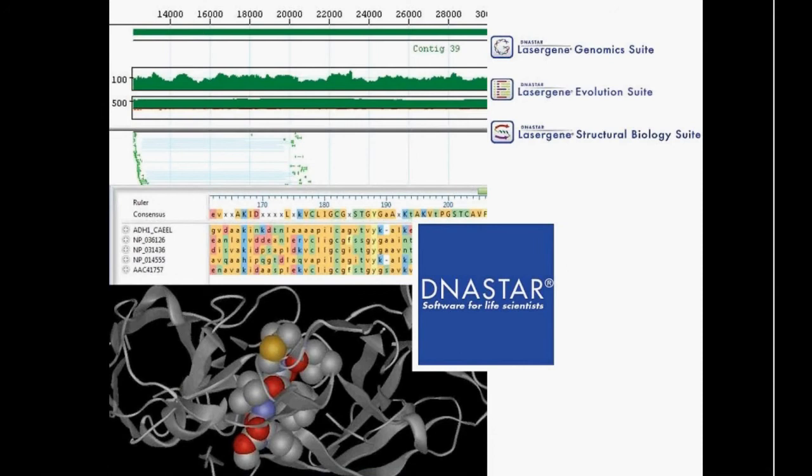Here at DNASTAR, we offer 3 suites for different areas of research. Now, over the summer, we had 3 separate releases with significant enhancements to these particular suites. The Lasergene Genomics suite provides all of the software necessary for next-gen sequence assembly and analysis. With the release of Lasergene 11, several new workflows in Lasergene Genomics suite were introduced. This release additionally introduced the DNASTAR cloud, as I mentioned earlier, making all of our software available up on the